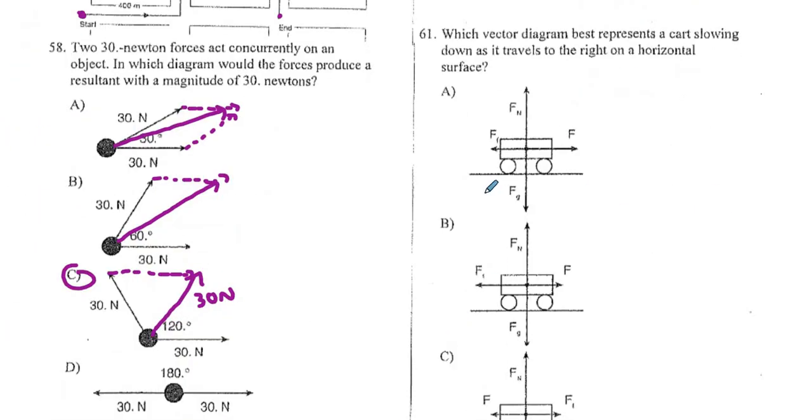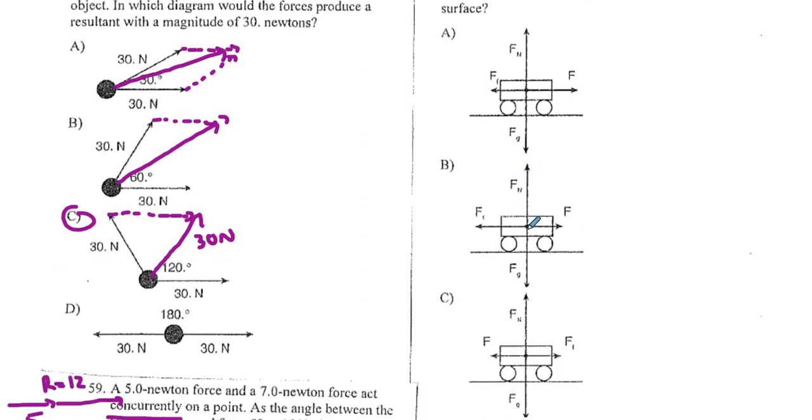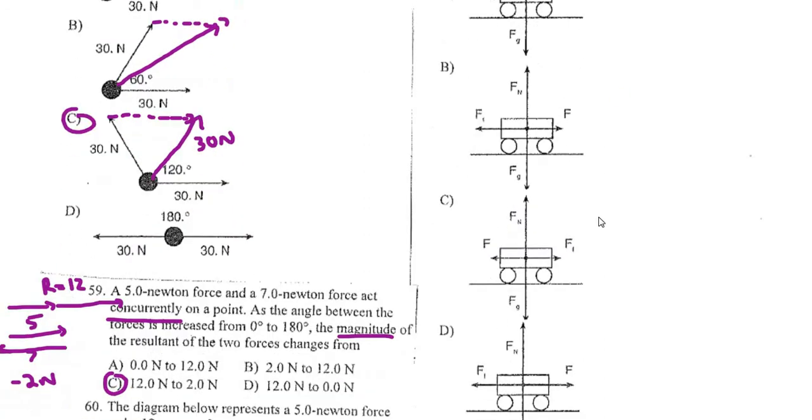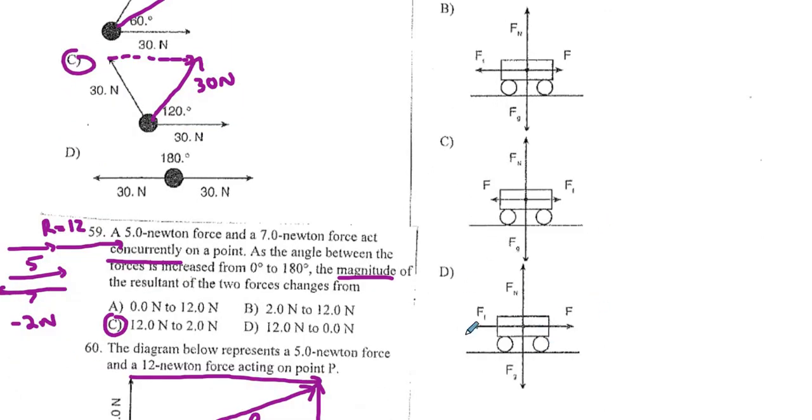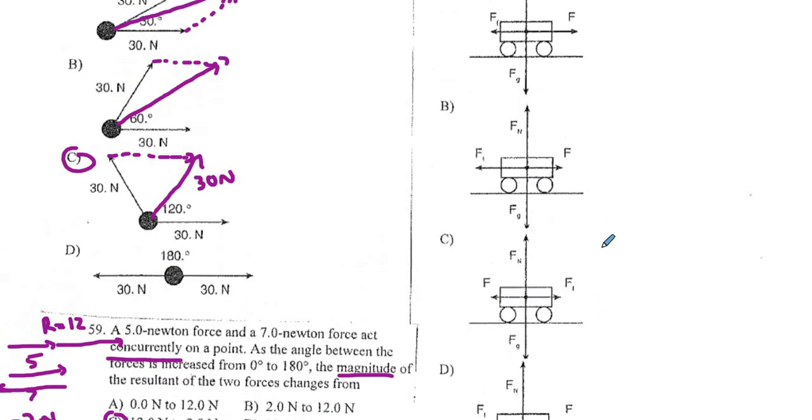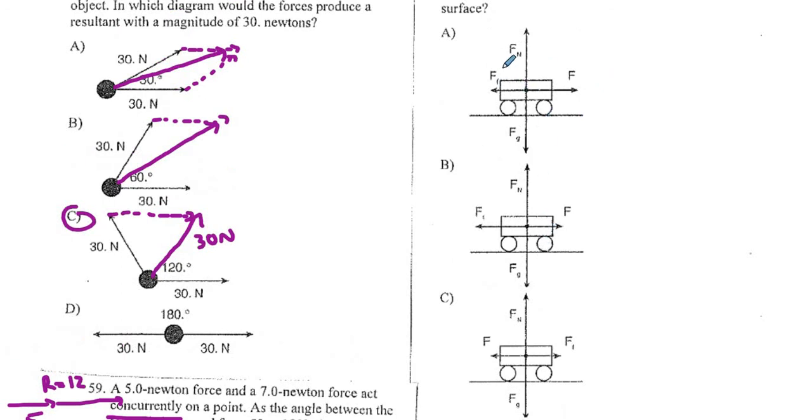All right, the last one, which vector diagram best represents a cart slowing down as it travels to the right on a horizontal surface? So in order for it to slow down, it has to have a force in the backward direction bigger than the force in the forward direction. So in this case, you see that these forces are balanced, these forces are balanced. Here we have both of them being unbalanced. Notice this is the frictional force. So it means that in this case, the cart is moving to the right. And then in this case, the cart is moving to the left. So this is our one where we have a force moving,